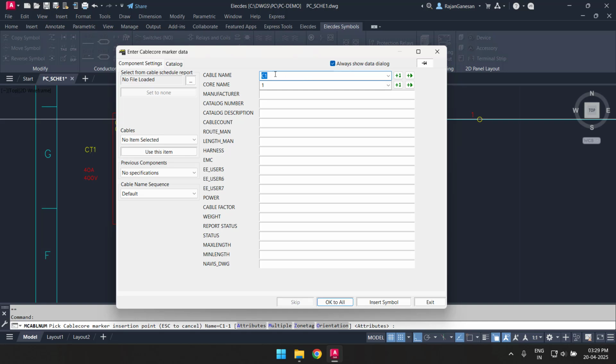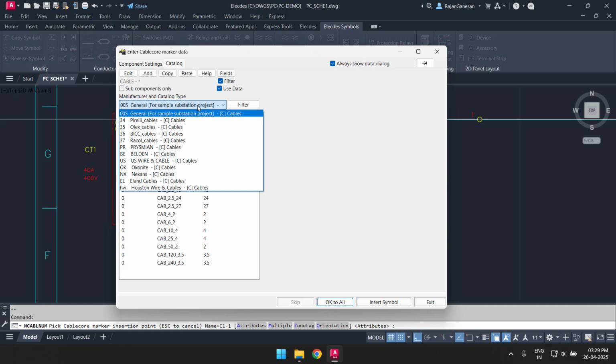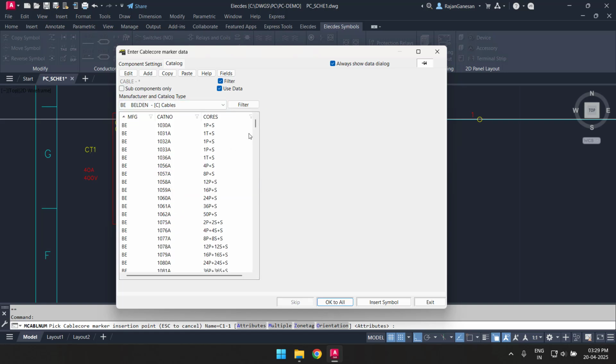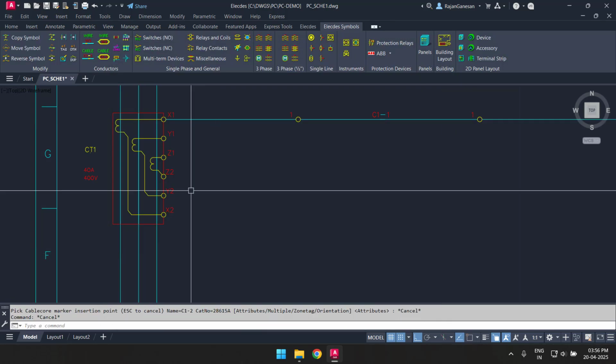As with all Electez components, the cable must be named and specified. I'll name the cable C1 and I will choose a 6-core Belden cable from the Electez catalogue. Cables within Electez are also intelligent and contain routing information such as power segregation, weight, cross-section, fill, and minimum bend radius. The next component I need in my circuit is a test plug.